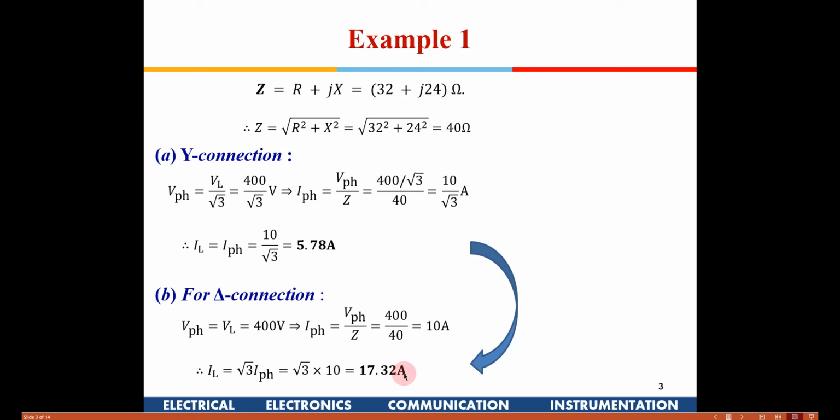So wherever you have 3 phase motors where you require a high torque, delta connected motors will be used. Where a small torque is required, you can use Y connected. Obviously, if more current is being pumped into the motor, it will generate that much more energy for rotation. So that is the difference between these two types of connections.